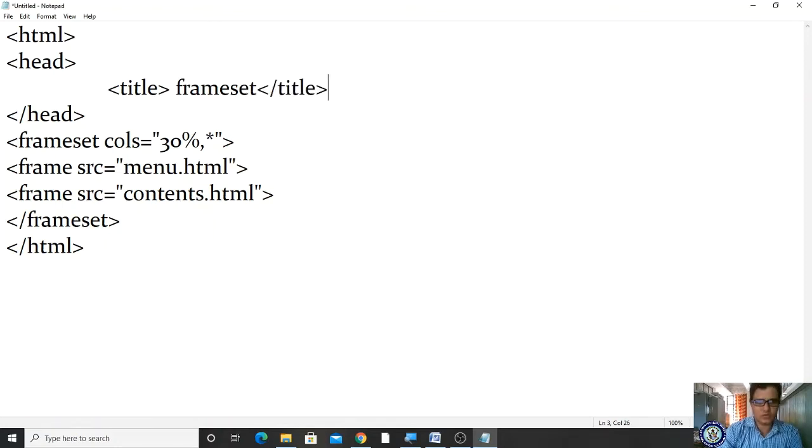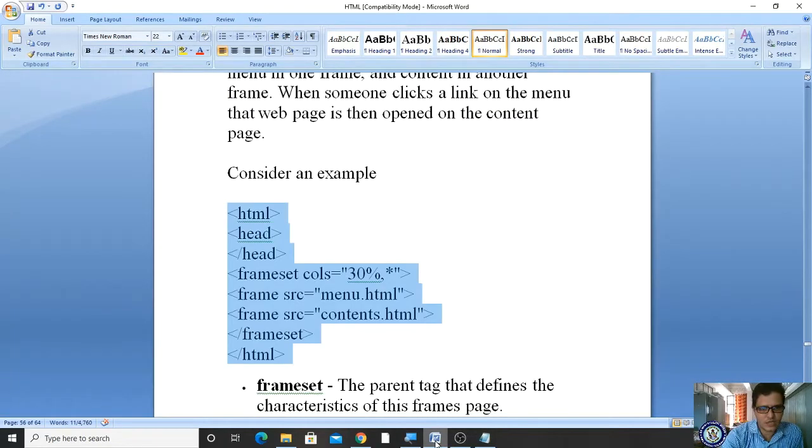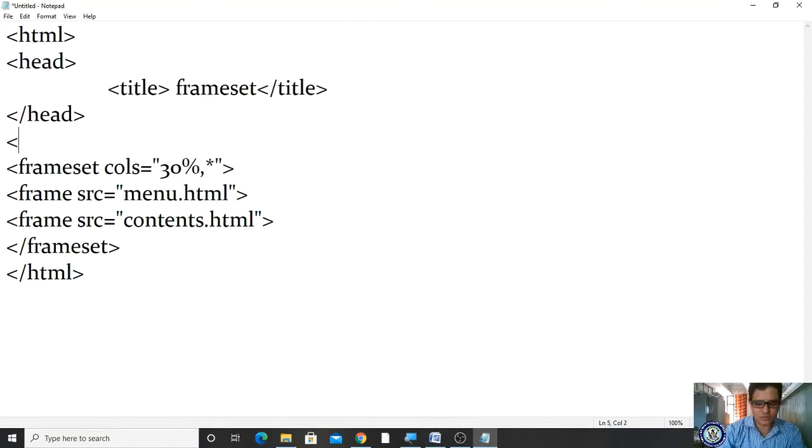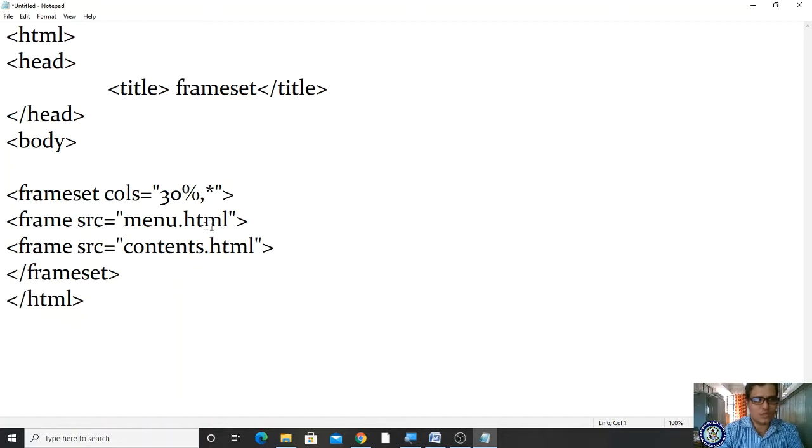Title close and head close. Now, a frameset doesn't consist of a body, but it is always better to take a body. Within the body I'm defining the frameset tag.